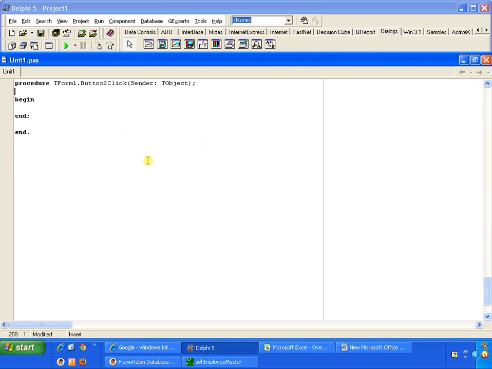Just have one more variable called file name, string, and just say if save dialog box dot execute, then only we need to do. If it is cancel, somebody is cancelling that, if it's not saving, we would not be going to do. So file name, we have to take it down here, and just say